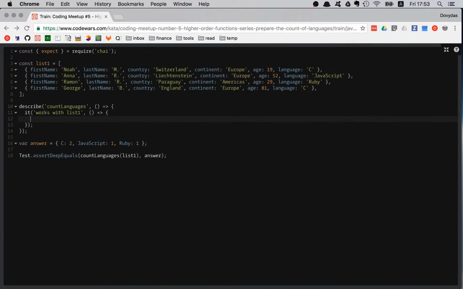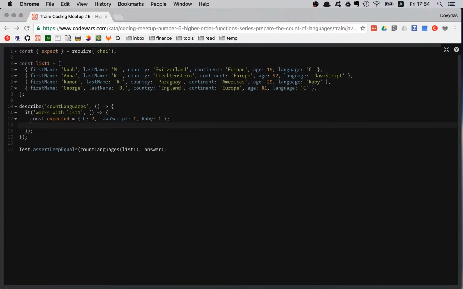So before I do anything, I am going to copy this answer. I'm going to paste it right here, and I'm going to change that to const, and the variable name I'm going to change to expected. I think a lot of people are using this convention to have expected result. So I expect count languages given list 1